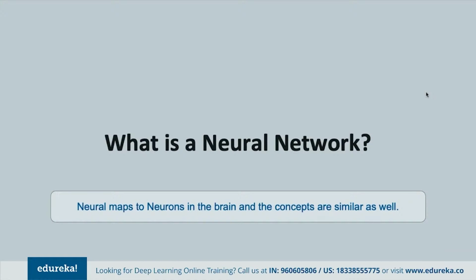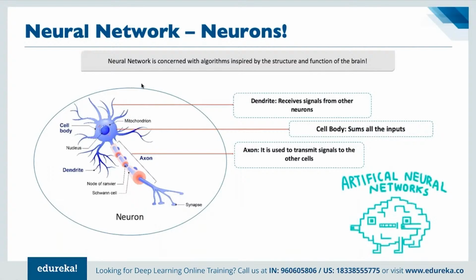So in class 9 biology, if we go back to our school days, we must have studied how exactly our human brain works, right? The human brain, as we know, is made of multiple neurons. There are billions of neurons that together make up our brain, right? Now, we may remember learning about neurons from this diagram.